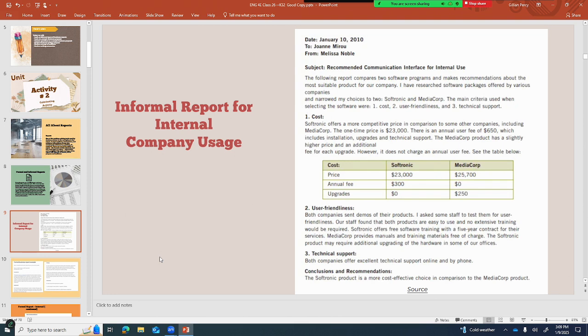The Softronic product may require additional upgrading of the hardware in some of our offices. Technical support. Both companies offer excellent technical support online and by phone. Conclusions and recommendations. The Softronic product is a more cost-effective choice in comparison to the MediaCore product.